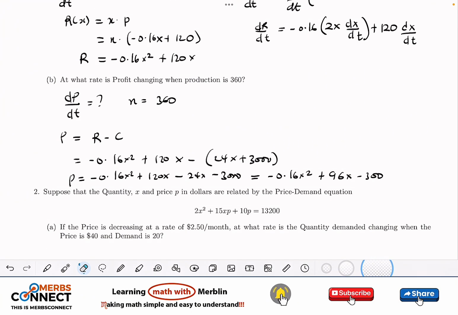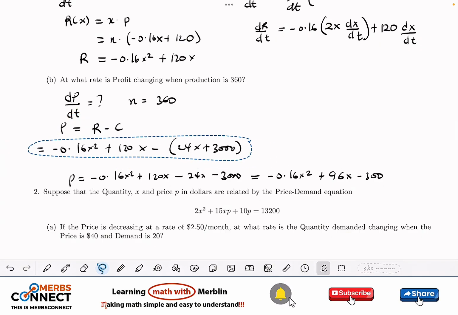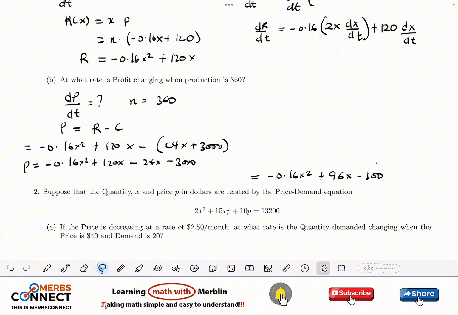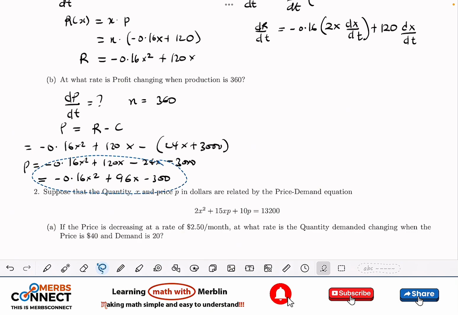Good. So now that we have this function here, we can now compute what we are looking for. So now let's try and compute dp over dt. So p